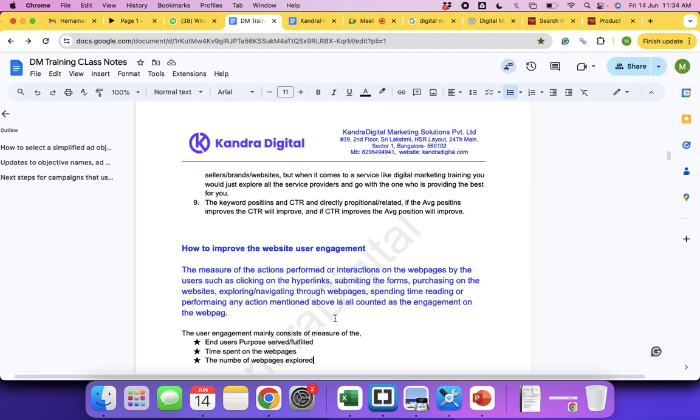Unless it's a government website, correct? However ugly it is, however annoying it is, you will still go through the government website. You spend as much time as possible in figuring out how to submit the form or how to fill the application, correct? How to register or how to book a train, correct?